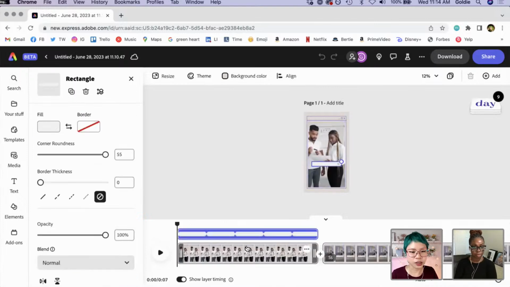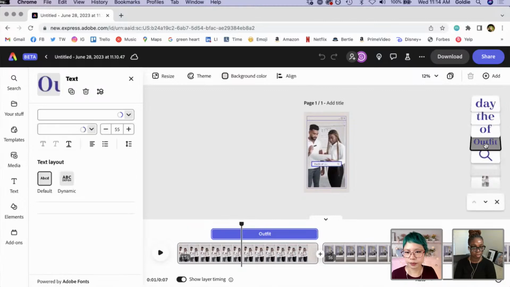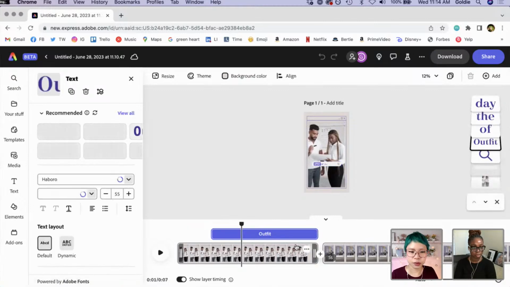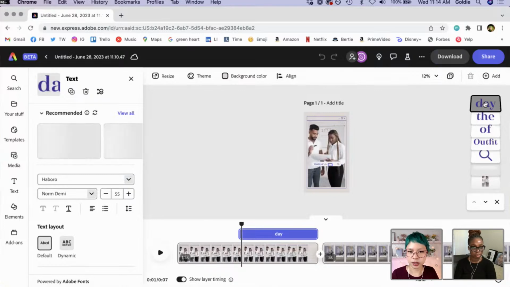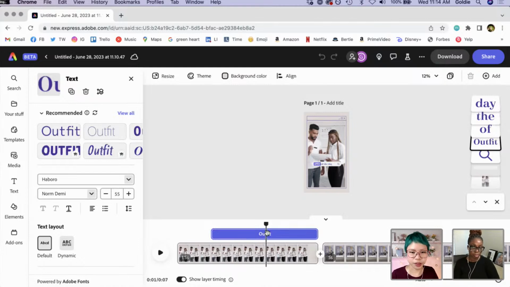Okay, so we're going to check that out. We're going to go into here. Instead of the word outfit, you know what, in fact, we're just going to delete that. It'll let me delete that. Okay, so we're going to go into outfit and change this to...